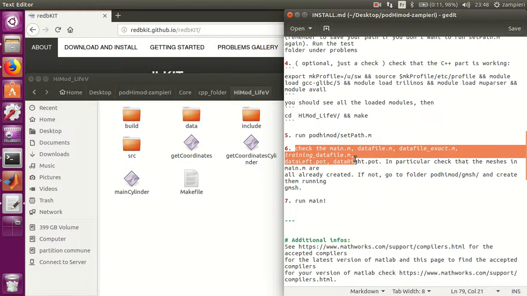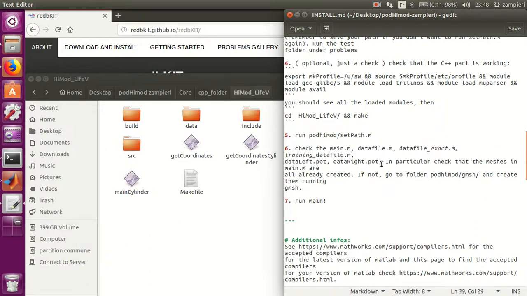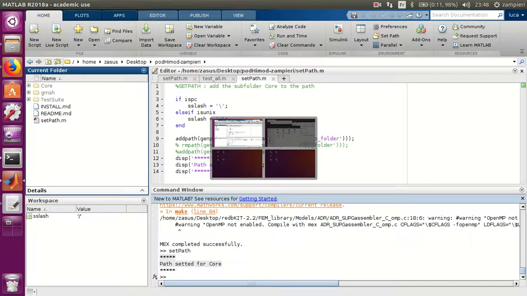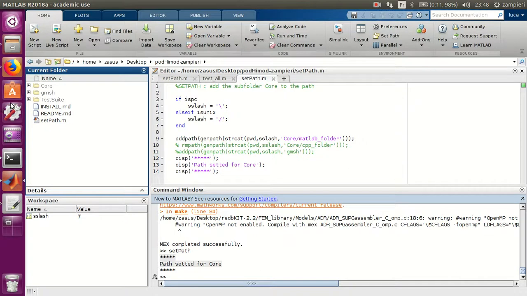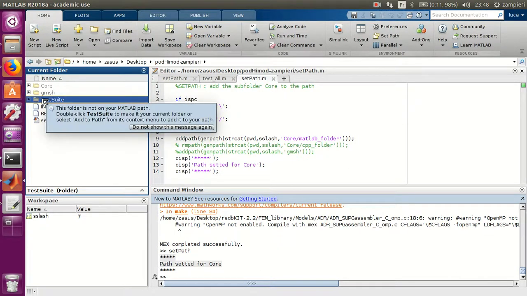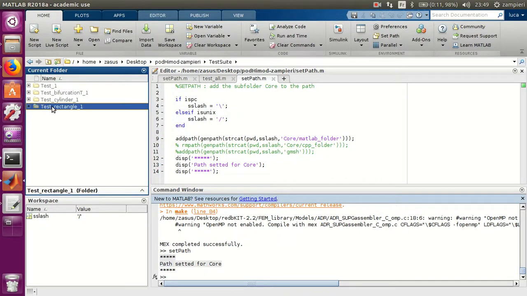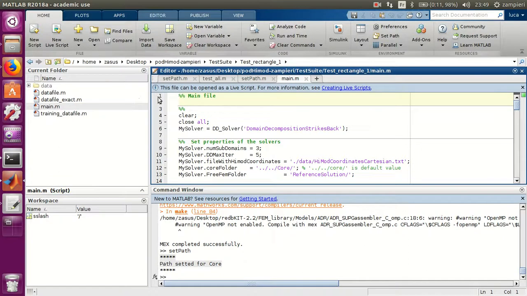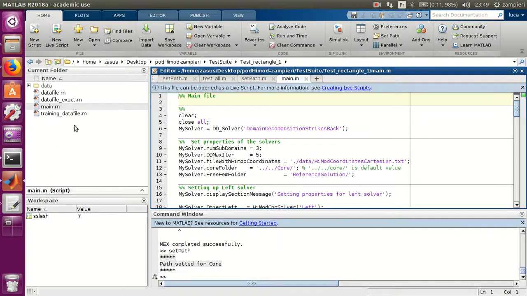Now I should check the files, check that the meshes are created, and then I'm finished. So let's get this done. I go in test suite. I can go to the test rectangle. Perfect. And here I have my main. So here's the data